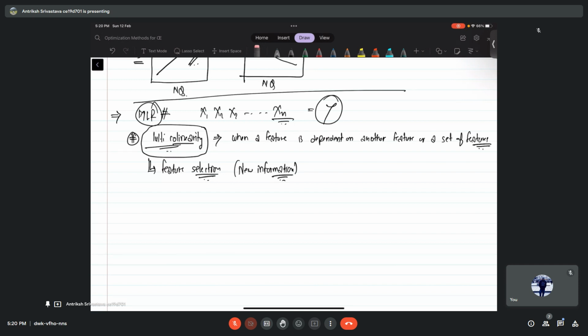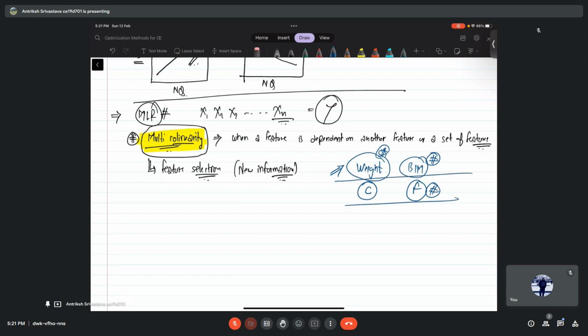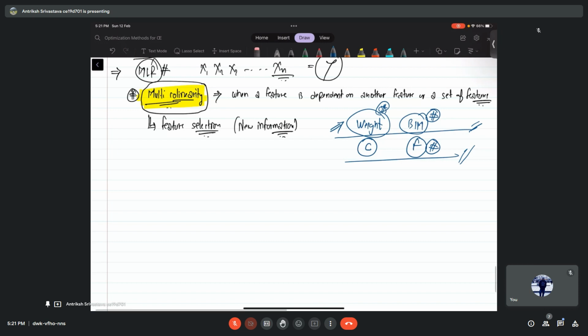This multicollinearity is going to be a problem when we are talking about multivariate linear regression, because as sir discussed in the class, it can be that you have one of the parameters as weight and another parameter as BMI, and you can have temperature in degree centigrade and Fahrenheit. So there is no new information given by these two sets of parameters. They are giving the body health of the person and the temperature. So we don't need to have both of these things together. So how do we avoid that? To avoid that, we read that we should use VIF,